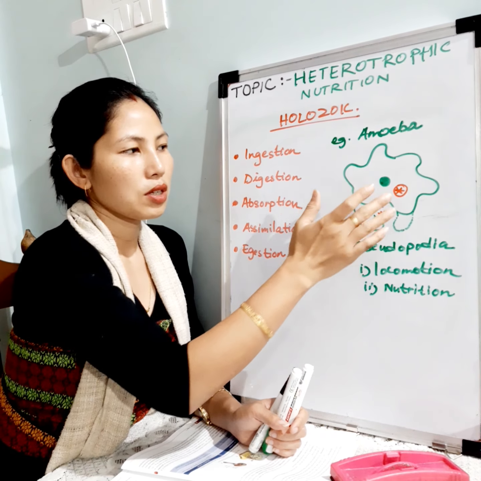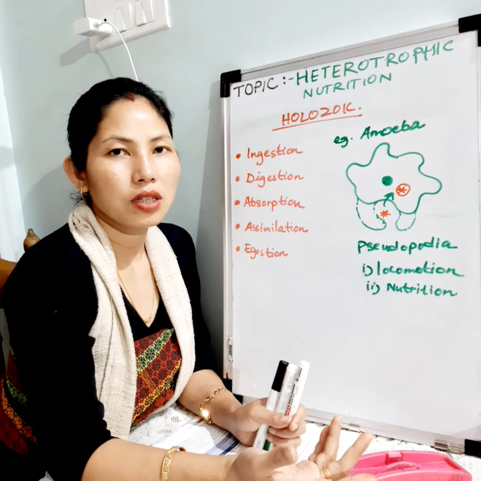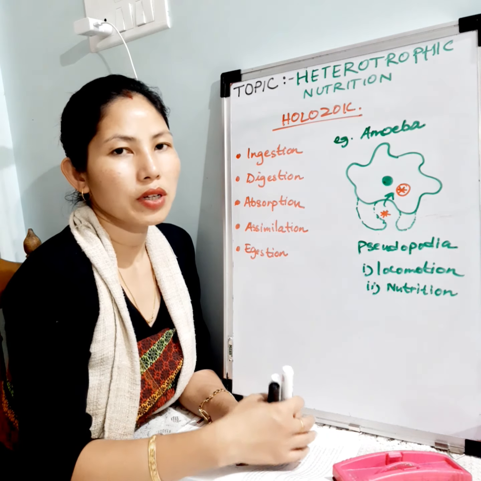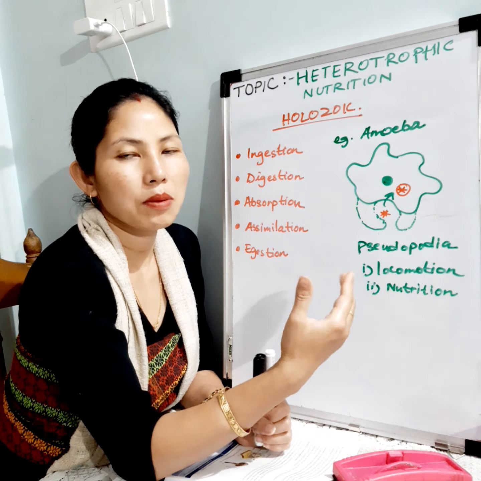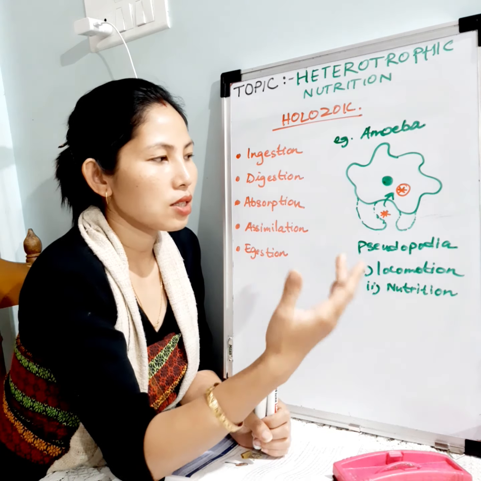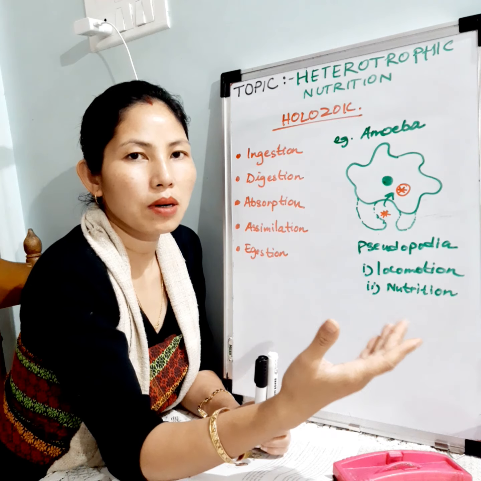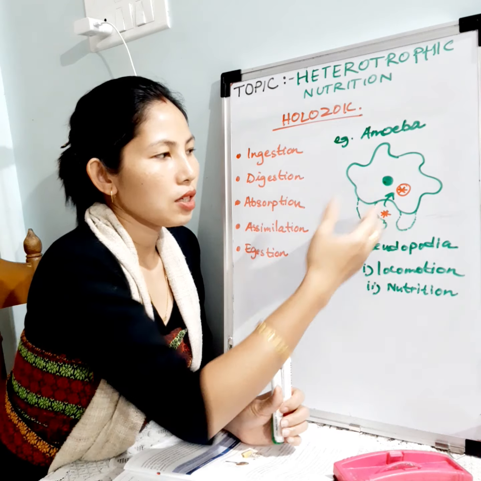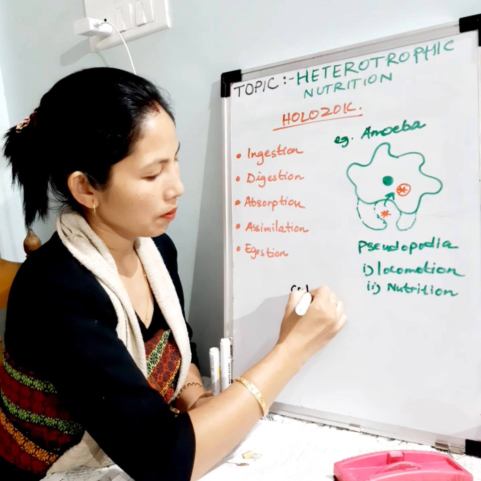In assimilation, the food will be released into the cell cytoplasm and it will be used for other metabolic activity. Now finally, the undigested food that is present inside the food vacuole has to be removed. Now how will it be removed, because amoeba does not have a fixed point of entry or exit? For entry the pseudopodia helps to take food in, but for exit it does not have a proper fixed location. Here the undigested food will be removed with the help of cytoplasmic streaming.